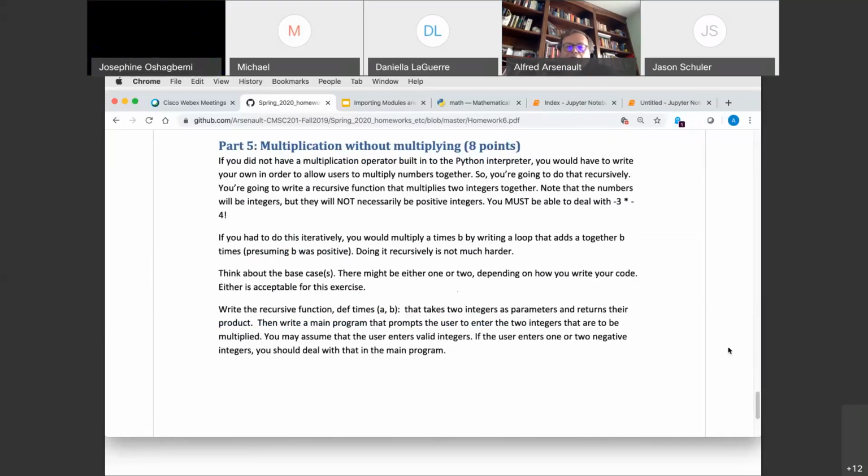Now, the warning here is that the user will enter an integer, but the user may enter a negative integer. So you're going to have to deal with an input of negative. Because when you think about your recursive base case, you go, well, if you multiply anything times 1, you just return yourself and you're done. But what if the user entered -1? How are you going to do that? It's a little bit of a trick, but once you understand how to do that,